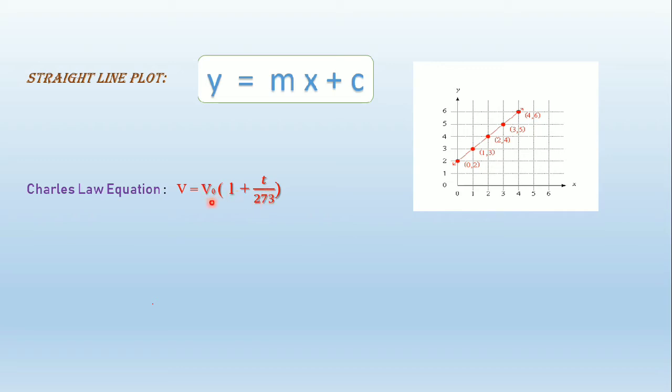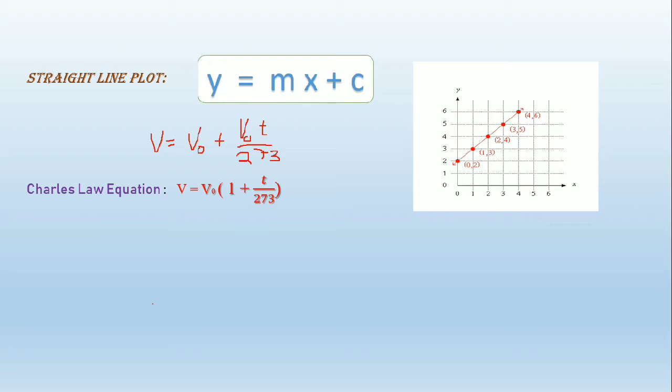Your C is, let me just write it down. This will be V equals to V0 plus V0 T divided by 273. Anyway, it's difficult to write actually. I don't have the bamboo tablet with me.